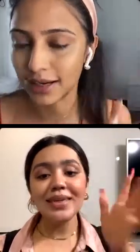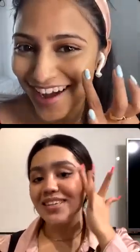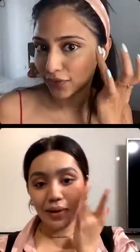So what I like to do is swirl my finger and warm up the product a little bit. I've already started applying. Then I kind of apply it. I know everyone on Instagram is doing it over here, but my face is super small, so I need to do it literally all over. I like to extend my brush upwards simply because